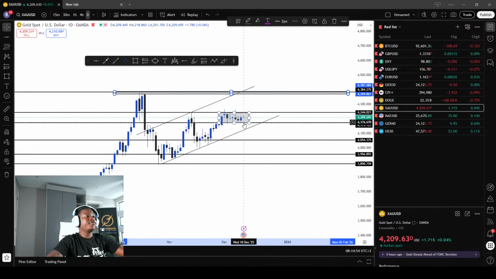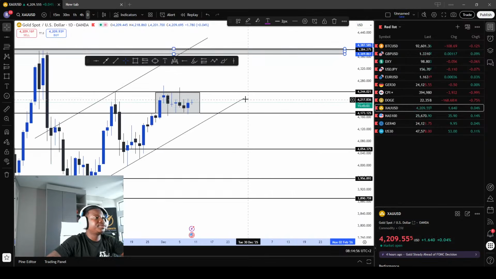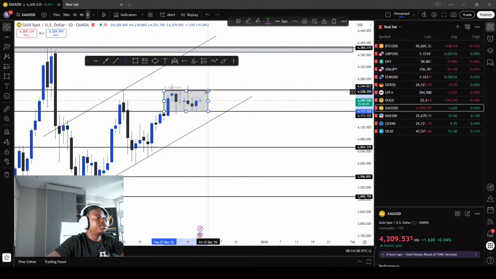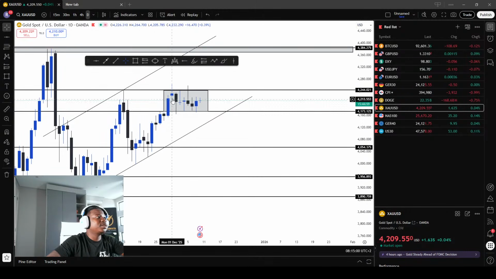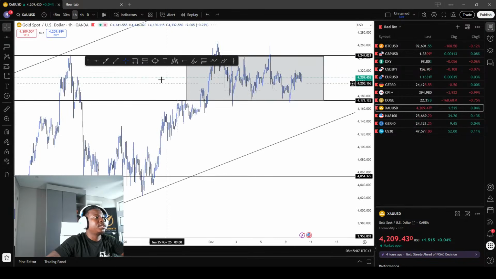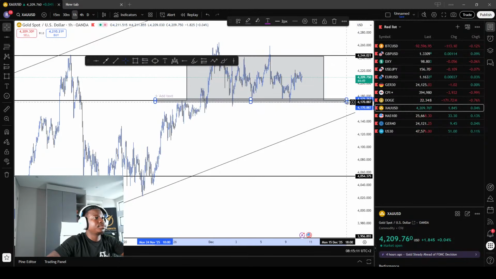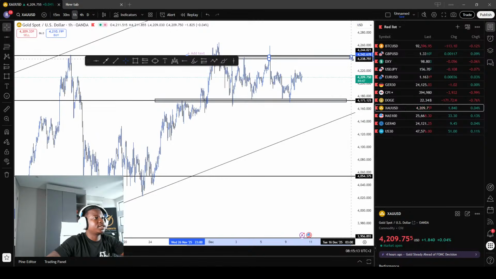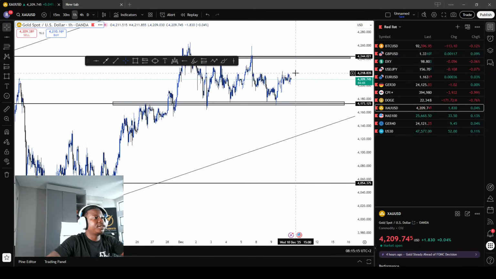So if you can check, guys, from this point here, we have to understand that this is where the market is playing around. This is our consolidation, understand? So we're going to push to H4 and see what we see on H4. This is kind of like our support, and then this is kind of like our resistance here. Where did we go after? We went here and then we came here. Now we have to get there.